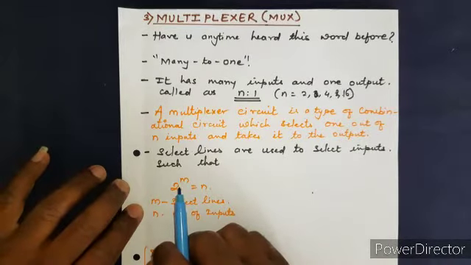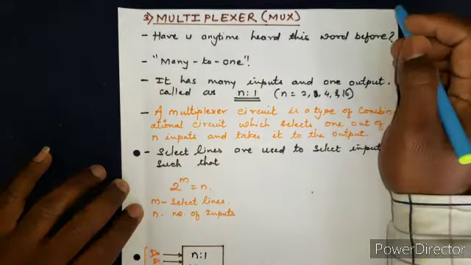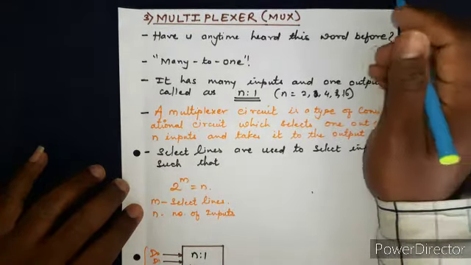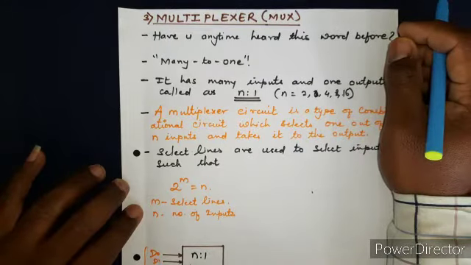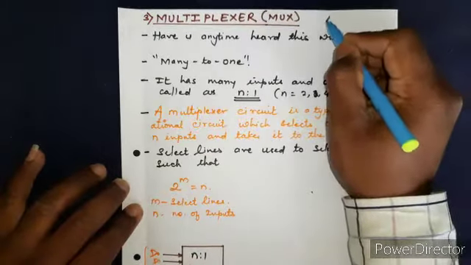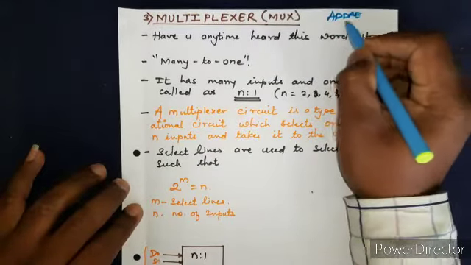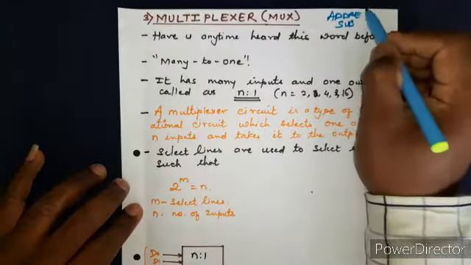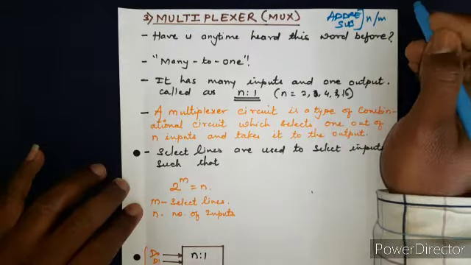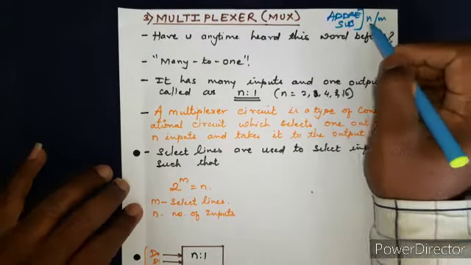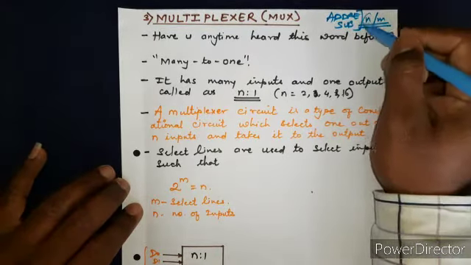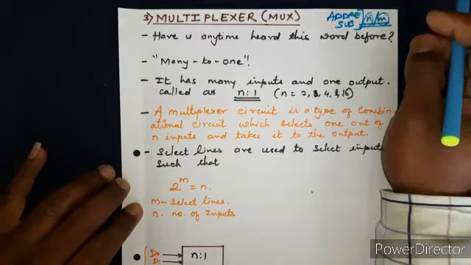So hello student friends, welcome to this digital technique lectures, and now we are discussing the examples of combinational logic circuits. In the last few lectures we have discussed two examples, that is adder and subtractor. Both have n number of inputs and m number of outputs, right? So that is the definition of a combinational logic circuit, that it has many inputs and many outputs.